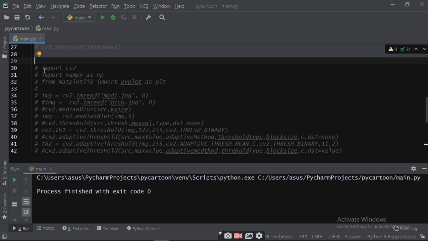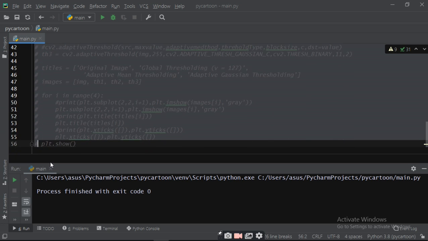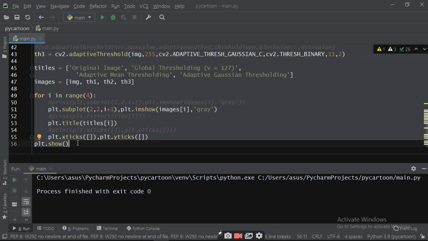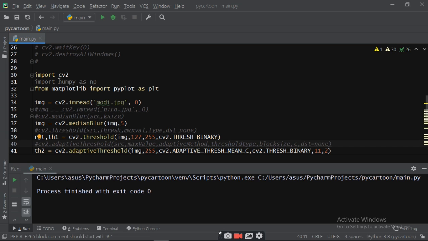For that I have written another program in which I have used matplotlib. For that I have to write import cv2, import numpy as np for the matrix, from matplotlib import pyplot as plt. So I installed the numpy and matplotlib libraries from Google, and then I am going to convert the Modi ji picture. For that I will first read the Modi ji picture, then I blur it, then convert it